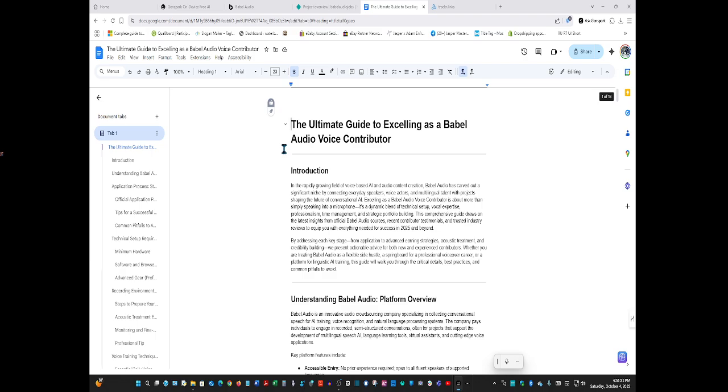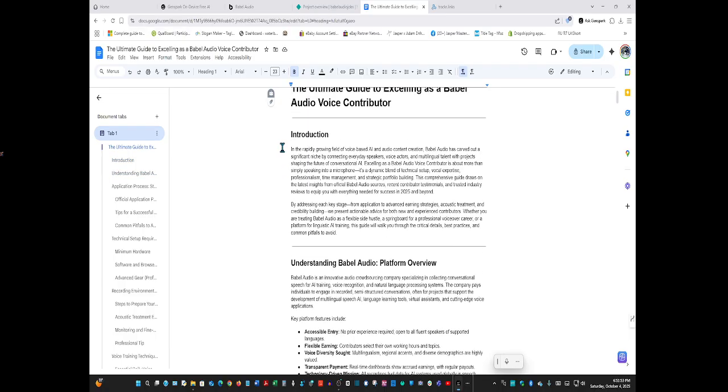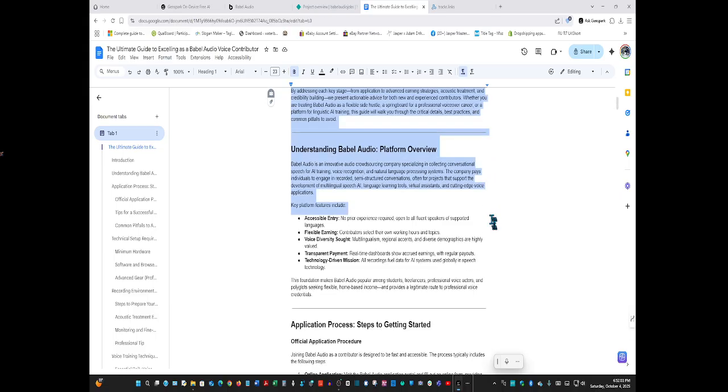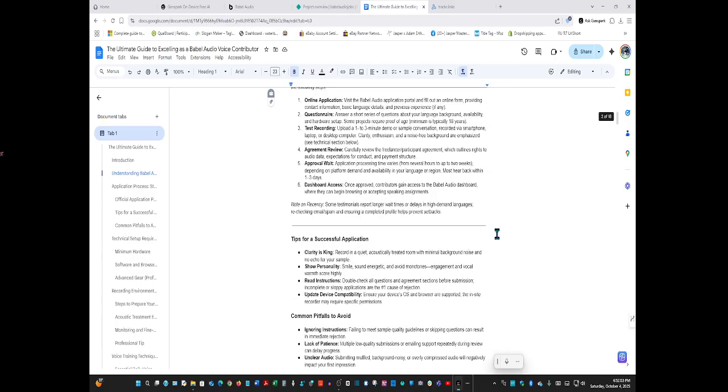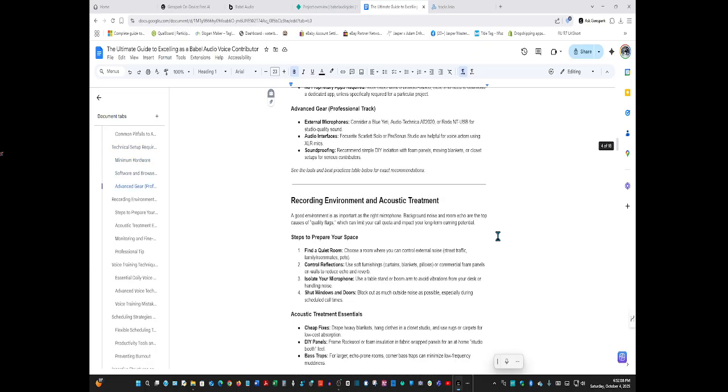Dang it. All right. I want to put all this in here because I thought the code included it, but Genspark decided it was going to do what it wanted to do.